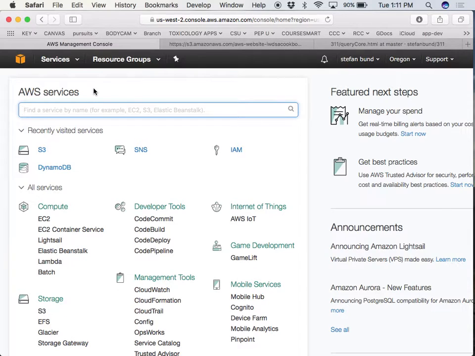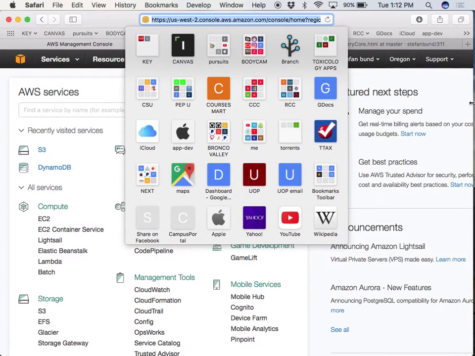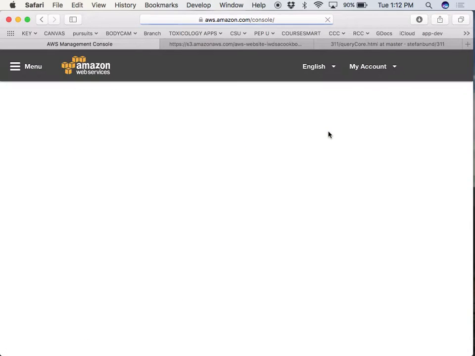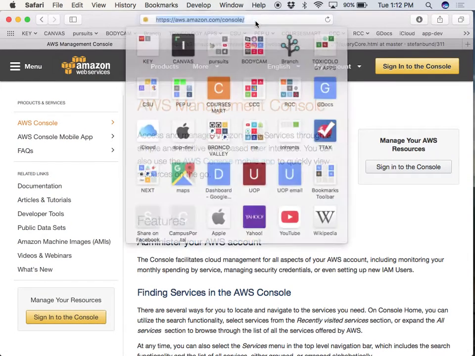Now, the CIA doesn't run their data sets on Amazon, but many of the branches of the Department of Defense do, inside of what's called the Mil Cloud. So what I recommend here, and let me just log out and bring you to the first step. Your first step is going